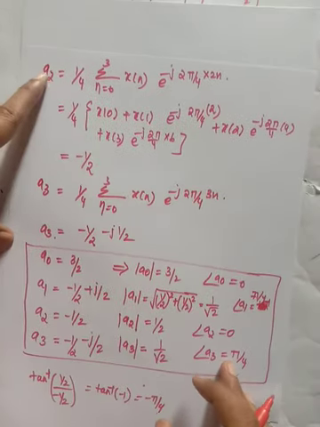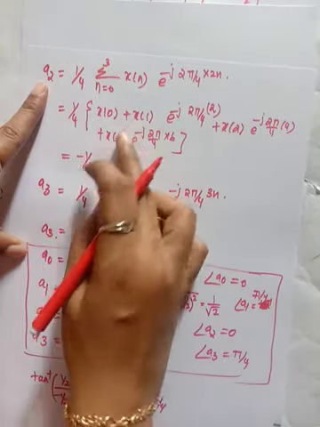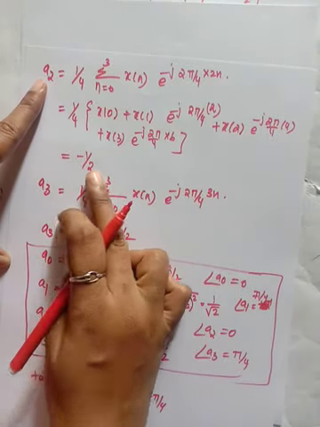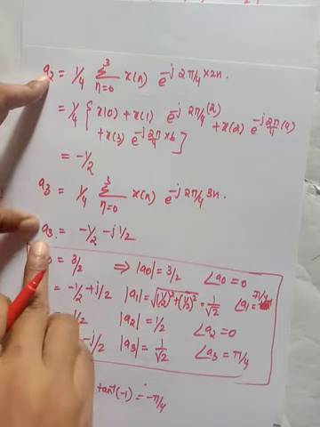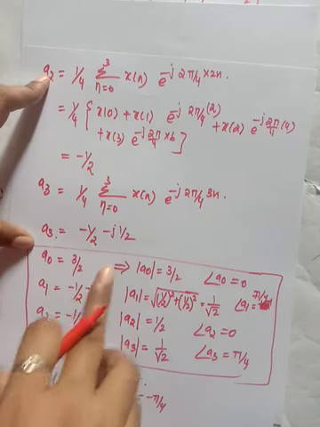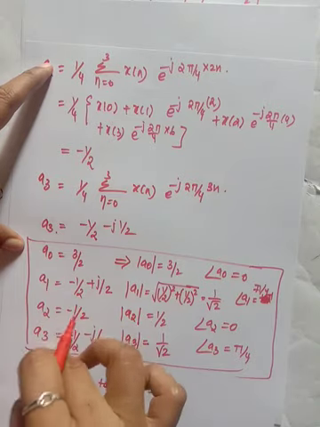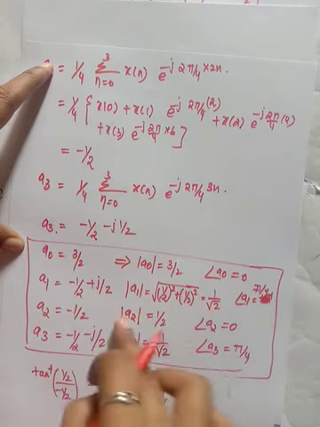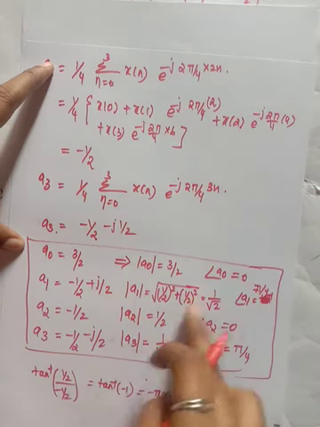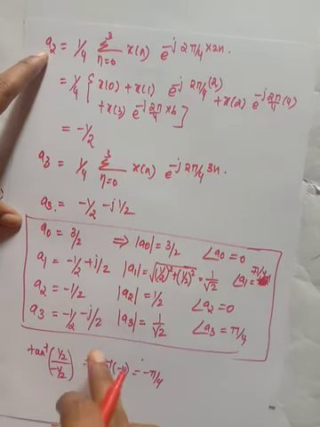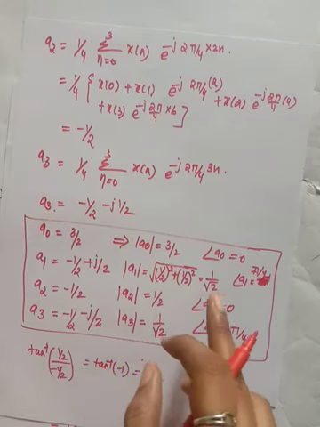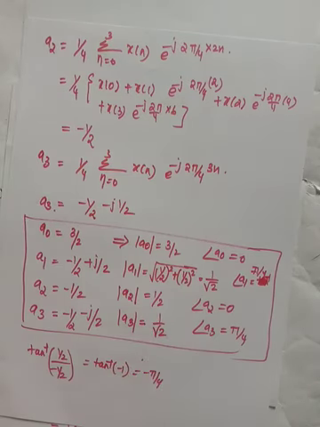After substituting k equal to 2, using the previous procedure, find out and check whether you are getting -1/2. Similarly for k equal to 3, check that you get this answer. So now I have these 4 answers, a_0, a_1, a_2, a_3. From that I am going to find out the magnitude and phase spectrum. So this is all very simple for you. Just try all these problems that I have worked on and explained. Okay, in the next class we will discuss the properties of discrete time Fourier series. Thank you.